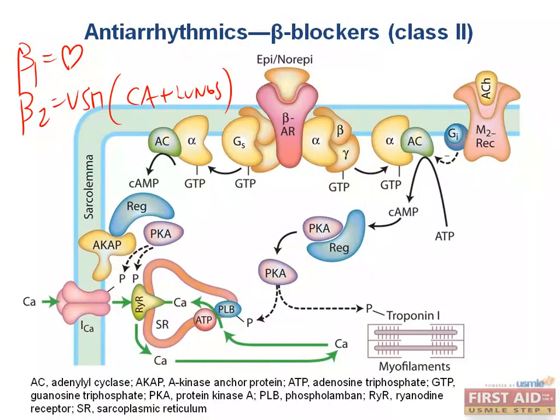You need stimulation of beta 2 receptors for vasodilation. If you block them, you get vasoconstriction. Beta 2 adrenergic blockade is not good for anyone that has COPD or asthma, because those bronchioles are already destroyed in COPD and hypersensitive and inflamed in asthma. The last thing you want to do is block the ability of that smooth muscle to relax and open up